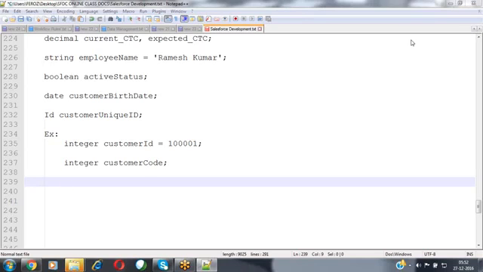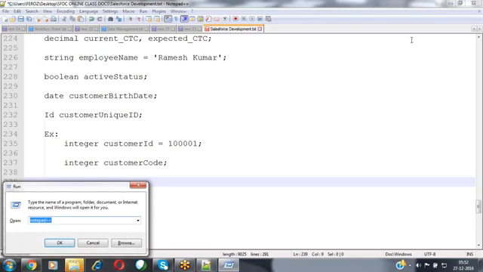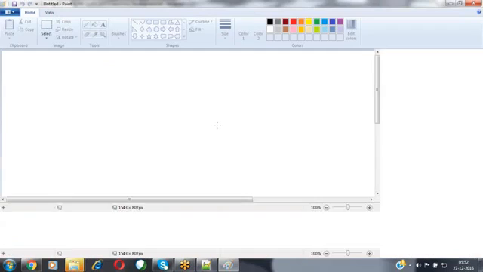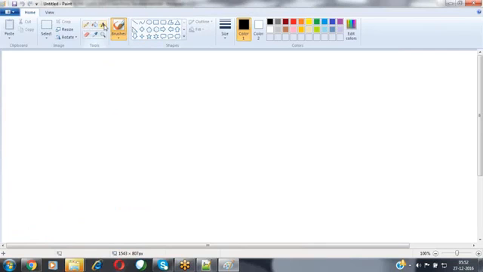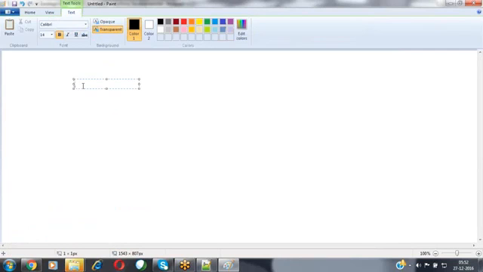Now, for example, I'm defining the variable here, integer customer code. So this is a variable I have defined.